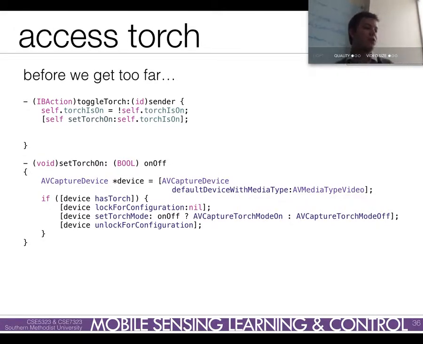So if you want to turn that off, then essentially this is the way to do it. You get a handle to the AV capture device, so audio video capture device. And this is the same way that it was done in the video analysis, with default device with media type AV media type video. So I'm going to get access to the video device. If I have a torch, right? Maybe I'm running on the iPad. I don't think the iPad has a flash. I could be wrong. But if I have a torch, what I'm going to do is I'm going to lock the device for configuration,